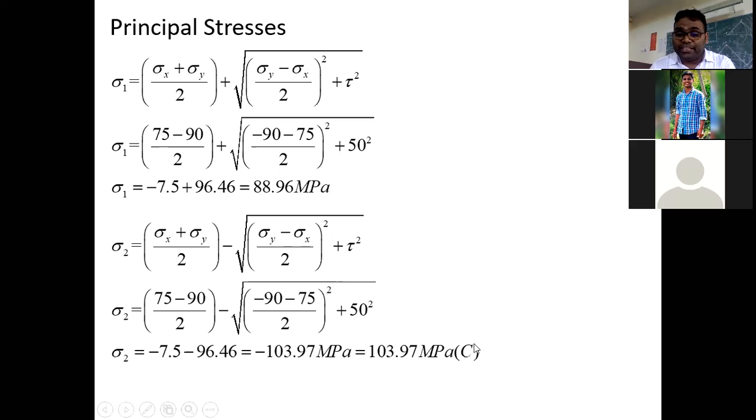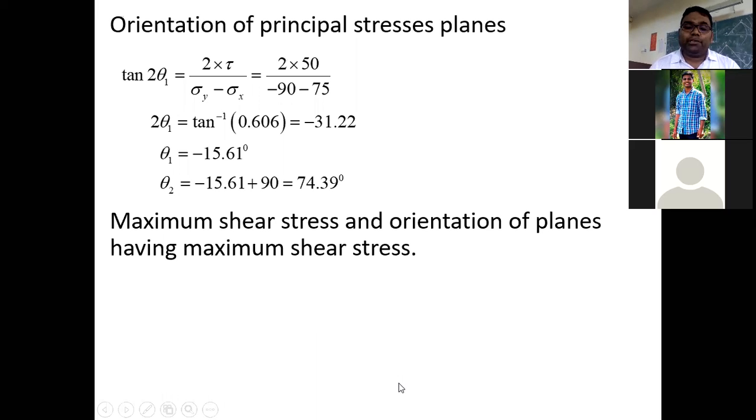When we write here sigma c, we have to remove the minus sign. So you remember, every time when you put this C in a bracket, we have to remove this minus sign from here. So next, the orientation of principal